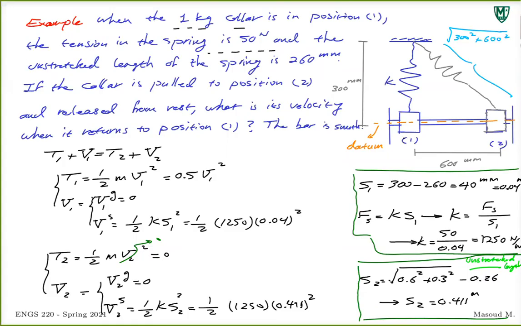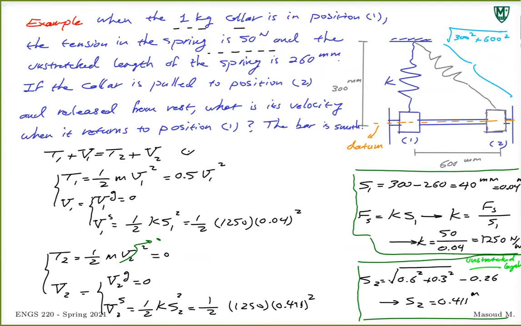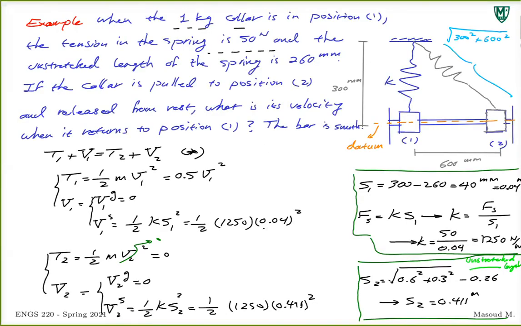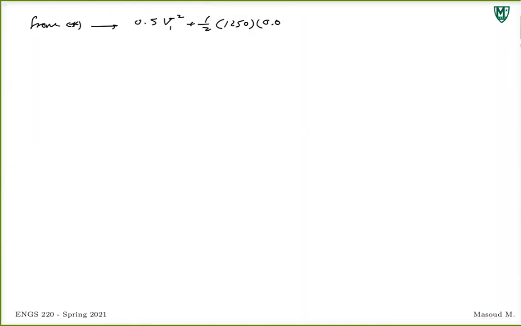From the left side, you get 0.5 V1 squared plus, so that becomes from star, let me put it here so we know which equation we're talking about. This becomes 0.5 V1 squared plus 1 over 2, 1250 times, what was the length? 0.04. 0.04 squared is equal to